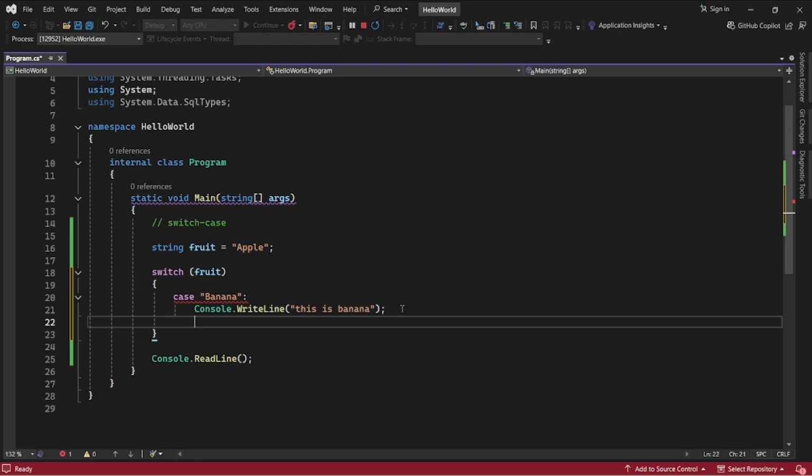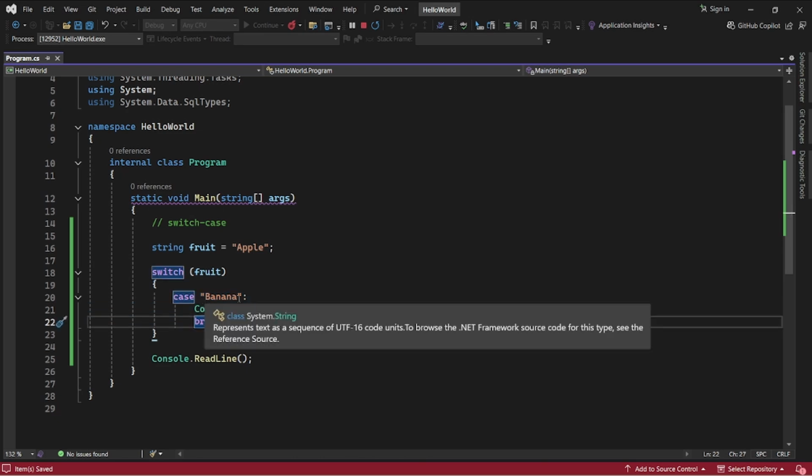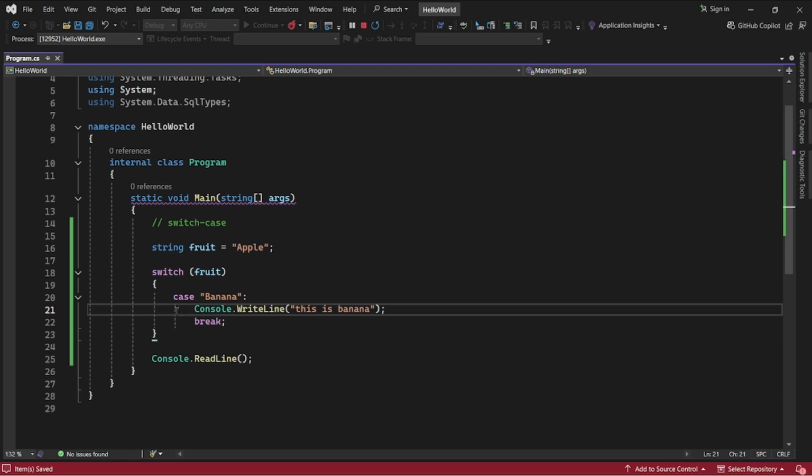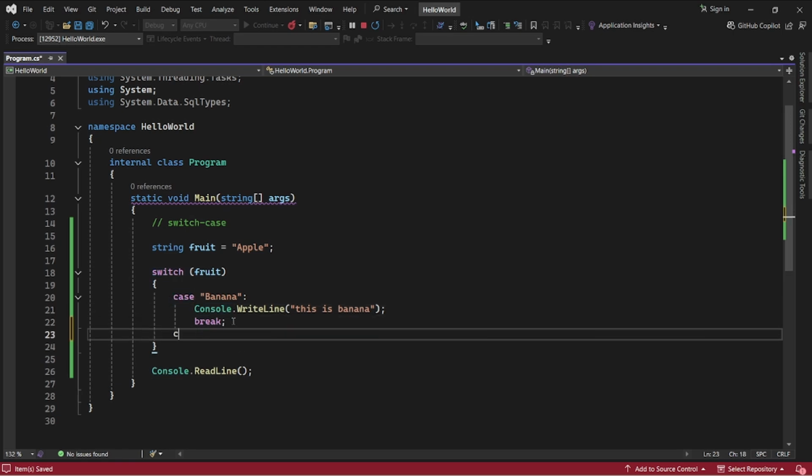And the important thing is this break statement. Inside each case statement, you must add this break, which defines that you should stop executing this case statement from here. Also, we can add another statement as mango